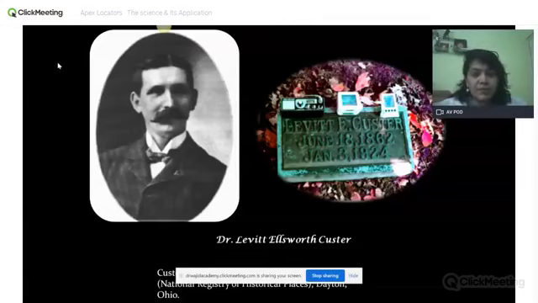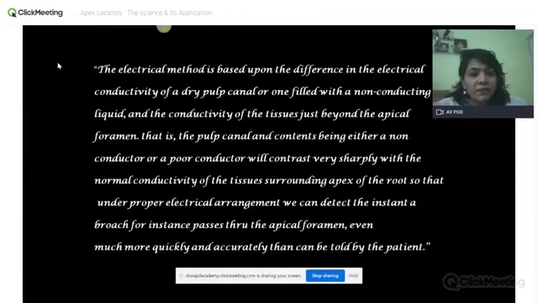In his words, the electrical method is based upon the difference in the electrical conductivity of a dry pulp canal or the one filled with a non-conducting liquid, and the conductivity of the tissues just beyond the apical foramen. That is, the pulp canal and the contents being either a non-conductor or a poor conductor will contrast very sharply